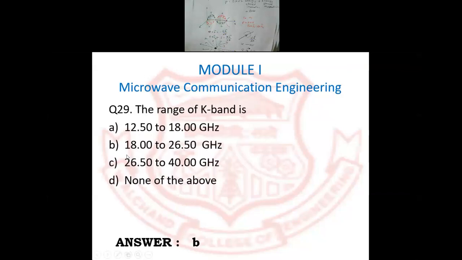Okay, K band. Just remember L band, S band, C band. Likewise, you can find out whatever band we have. X band is about 8 to 12. After that particular 12, you can find out the K band. Actually, after X band, Ka band is there, so 12 to 18 Ka band, and K band and Ku band. Okay, like that.